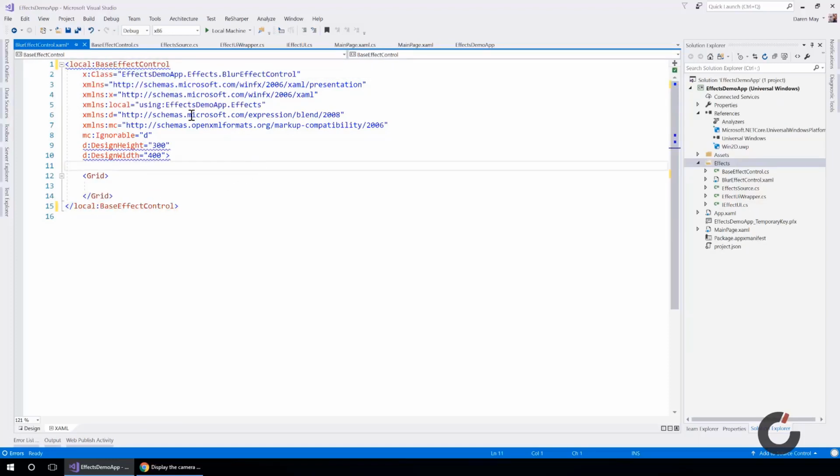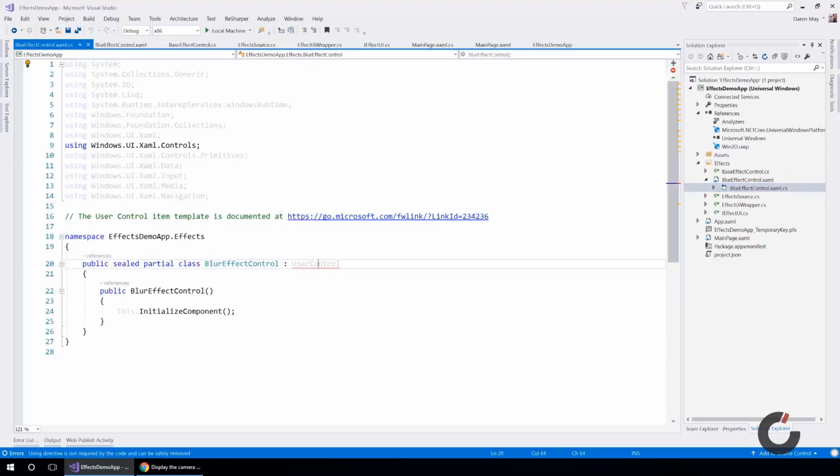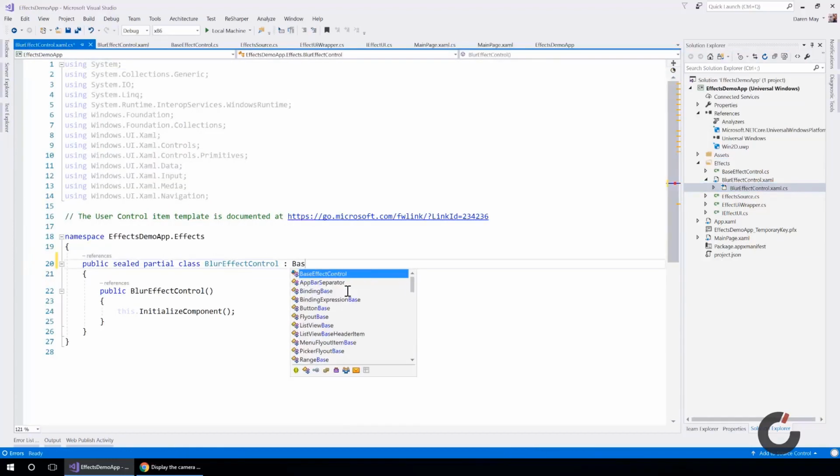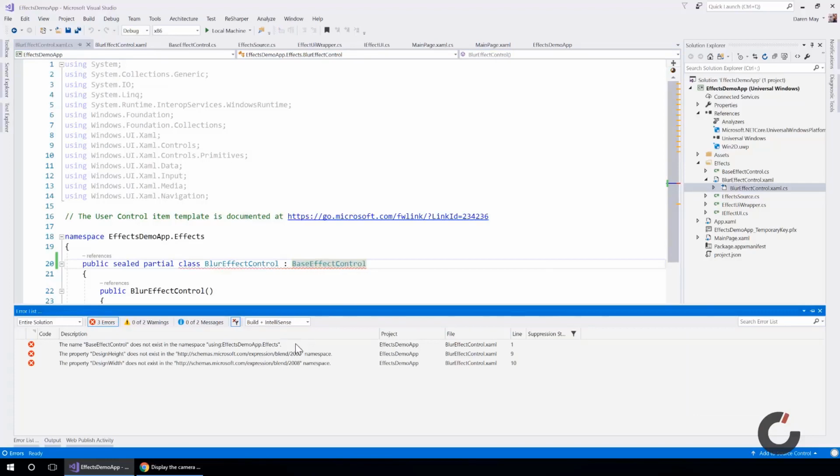Add a reference to that, and IntelliSense will eventually settle down. Now I need to go into the code behind, and I need to change this to be base effect control. Now, one thing you will notice is that the